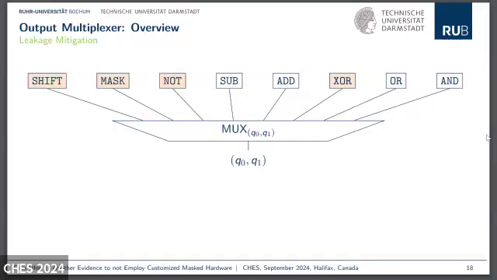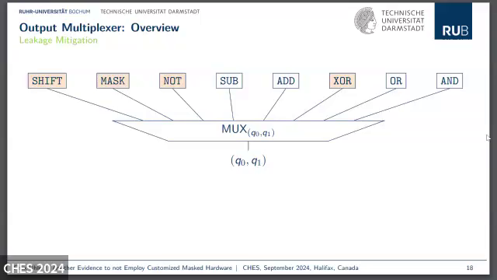So we have an ALU, and this ALU computes multiple instructions. We have one module for each instruction, and the outputs of these modules are fed to a huge multiplexer, which decides, based on the opcode, which output should be forwarded to the output of the ALU. Therefore, when we place a probe on the output of this multiplexer, we get the outputs of each of these modules, and all of these modules are clocked.